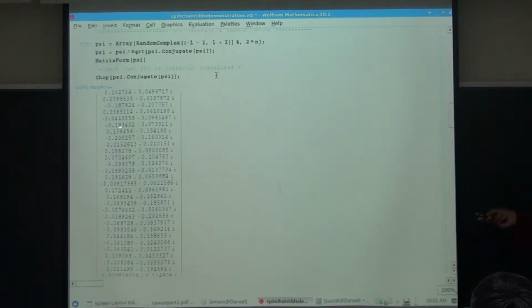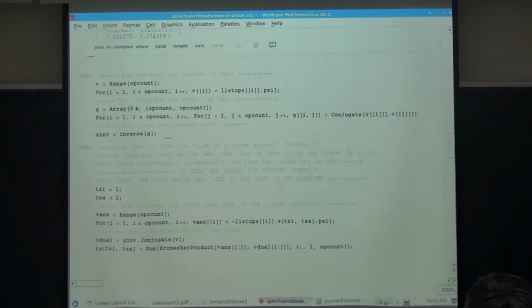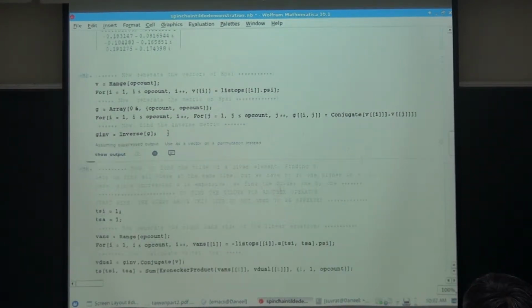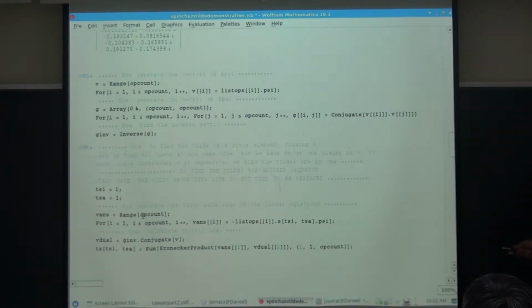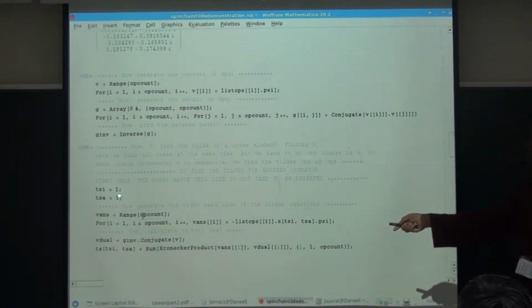It's a 32-dimensional Hilbert space, and I just generated some. I didn't quite use a hard measure, I used some measure, but I generated some random state in this 32-dimensional Hilbert space. It's 32 because that's 2 to the 5. Now I'll generate the tilde for s tilde 1 1. Okay, so s tilde 1 1 is what I'll generate.